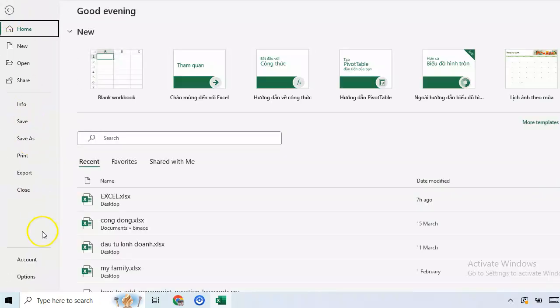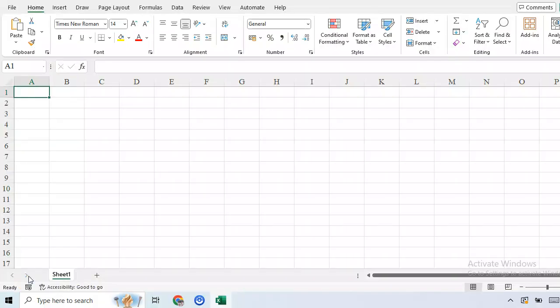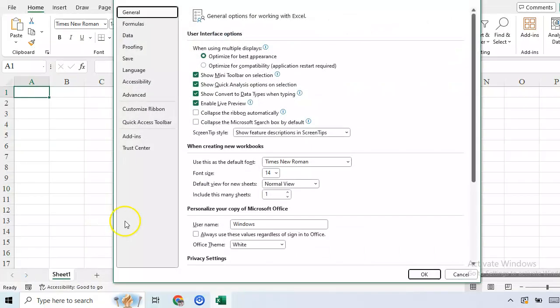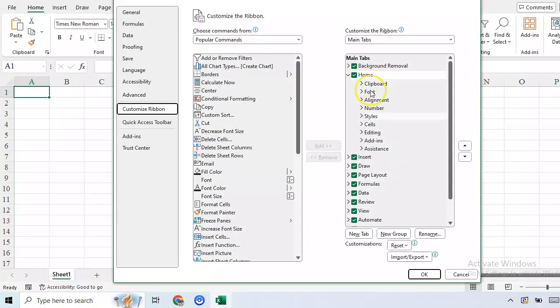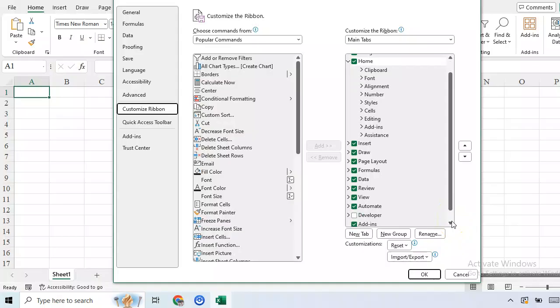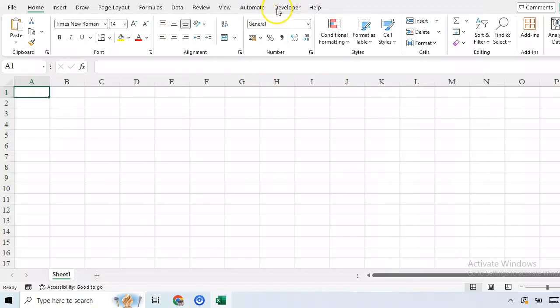just click File and then here in the bottom Options, and then click Customize Ribbon, and then here click Developer. After that, okay, now here you see